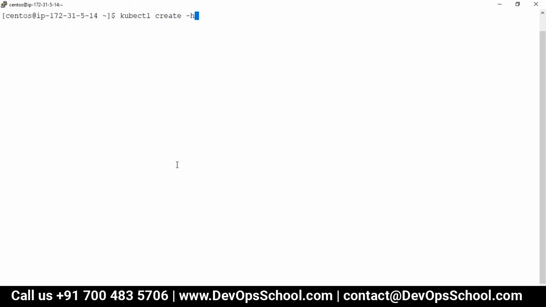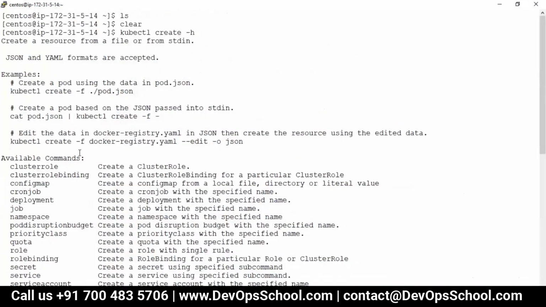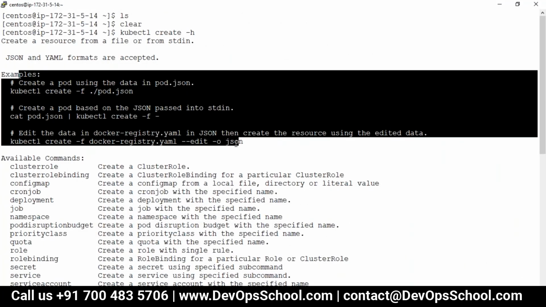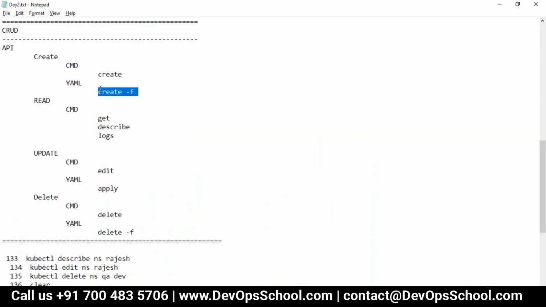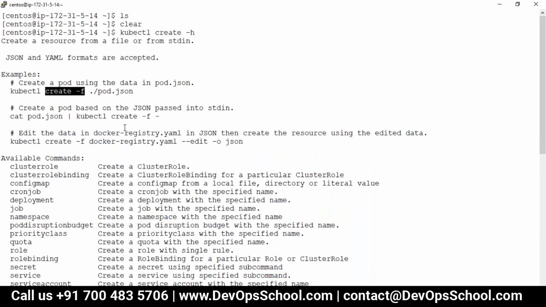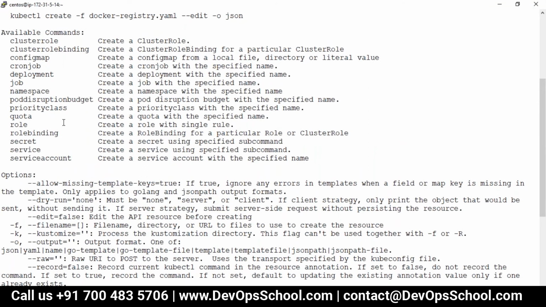Okay, so I don't know how to create a pod. What I remember is -h. H means help. So I want to create, help. What can I create? If I do -h, I get some examples. That's okay, I'm not interested right now. And here, see, it can be YAML or it can be JSON. So it's creating a pod through a YAML file. See, create -f, I already taught you create -f. Okay. How we'll write a pod, we'll come to that point. But for the time being, can I create through the command line?